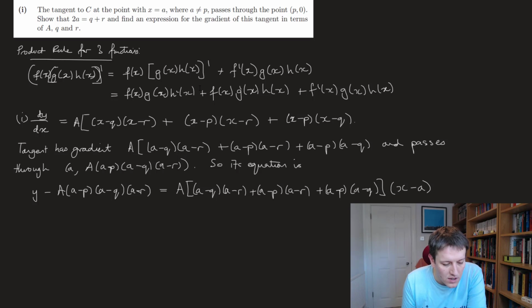Now, this time, we just have to show that if it passes through p0, then this equation is true, right? So if it passes through